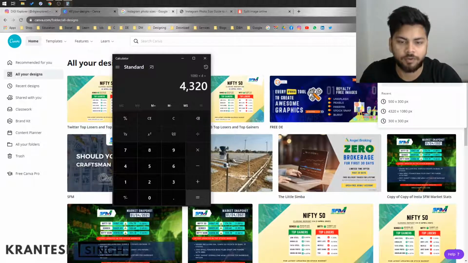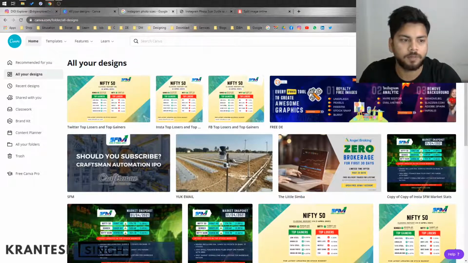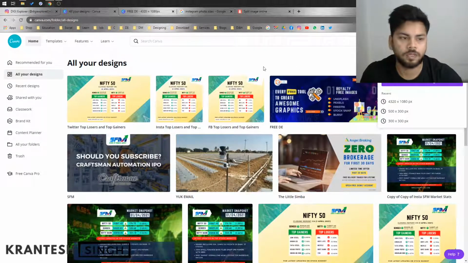So the width will be 4320 pixels, and the height will be 1080 pixels only. I'm going to show you how you can create an 8-image carousel with Canva easily, so we will choose a custom size of 4320 by 1080 pixels.